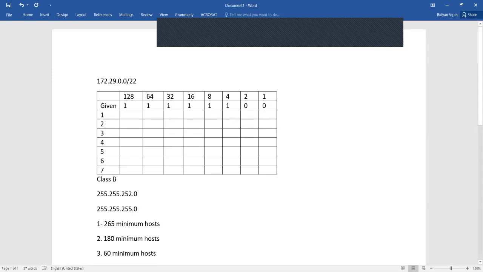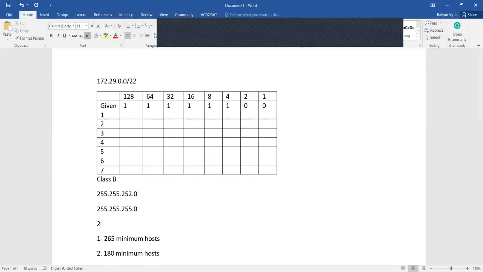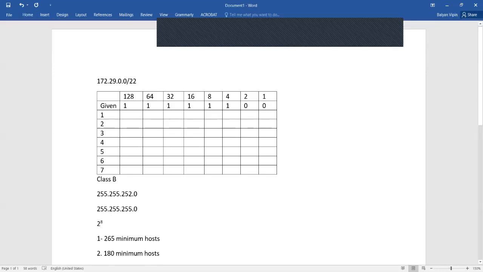It's 2 raised to the power of the number of bits that tells how many hosts it can accommodate, that is, the number of bits which remain after doing subnetting. In this case, the subnetting is done for 24 bits. So 8 bits are left.